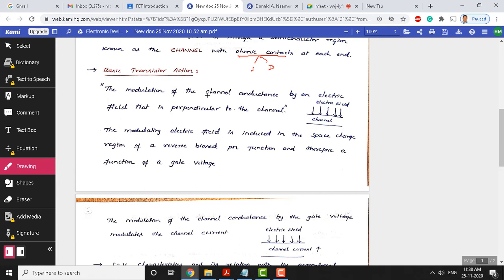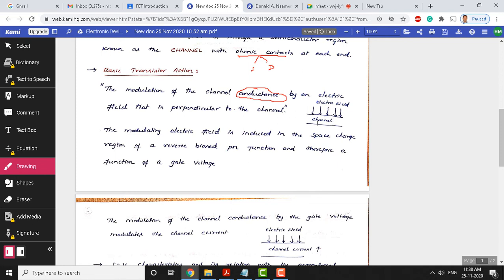And we are going to do that here in the channel conductance. Channel has got its own conductance, and you can also think of this like a resistance also. The channel resistance or channel conductance is modulated, is varied by an electric field which is perpendicular to the channel. I have shown here the pictorial, you can visualize here.